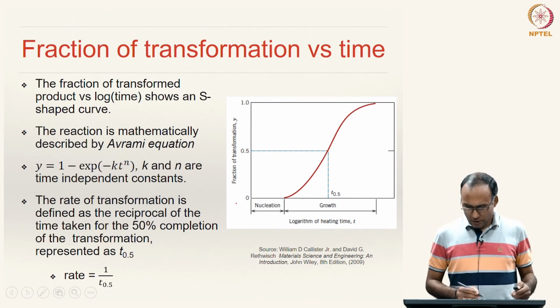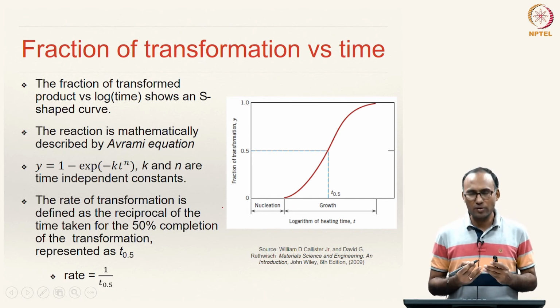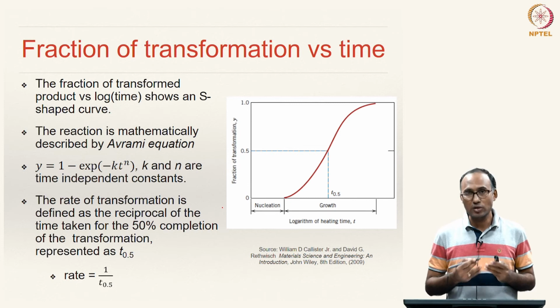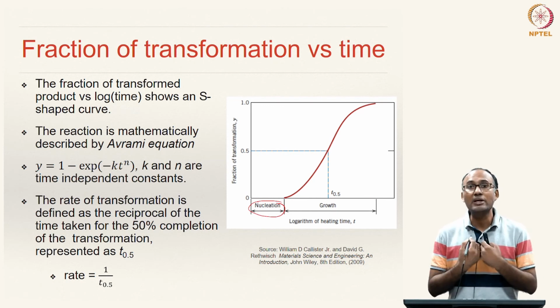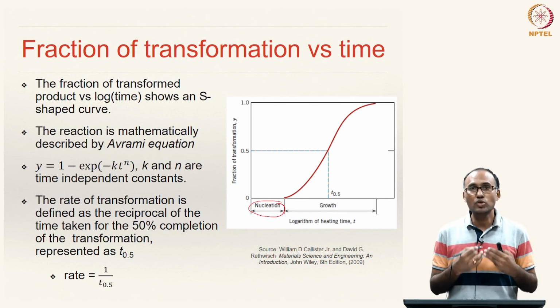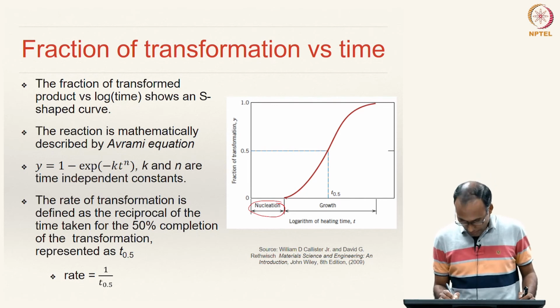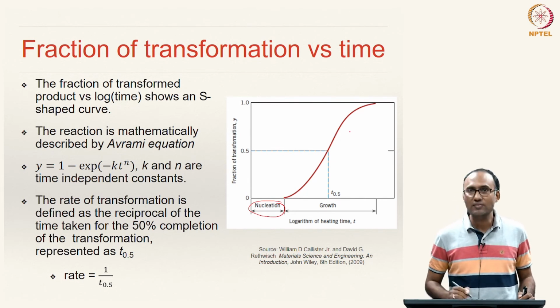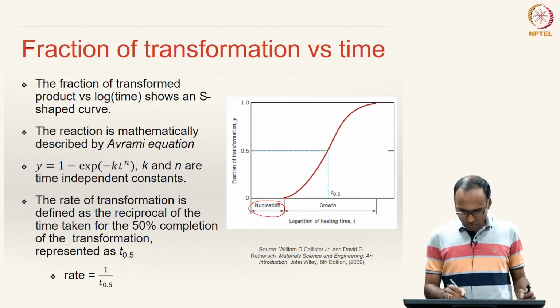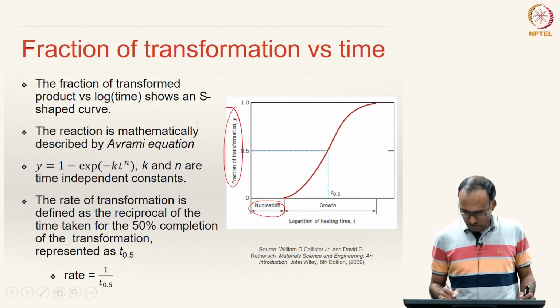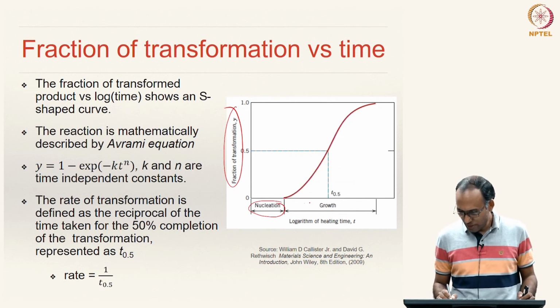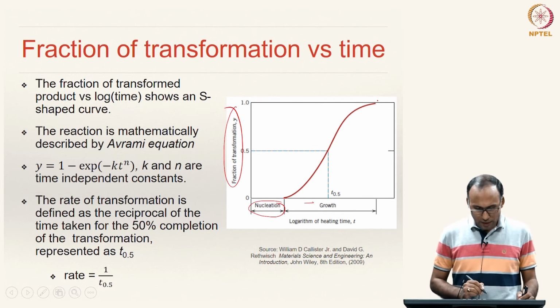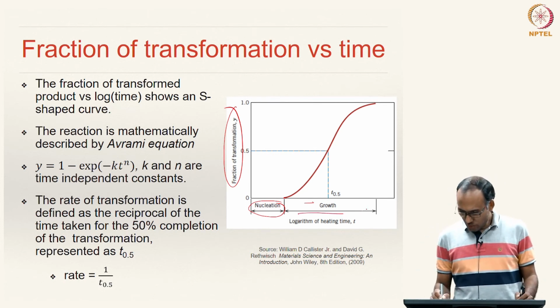As you know, it takes some sufficiently long time, depending upon the temperature at which you are doing this transformation. It takes some time for nucleation. So, up to a certain time there will not be any growth, because the system is nucleating particles or nuclei, and after nucleation is finished, that is when the growth begins, right. So, on the y axis we are showing the fraction of the transformed product. Up to growth beginning there is no transformation, and from that stage the fraction of transformation increases asymptotically to 1, right. So, this stage is our growth stage.